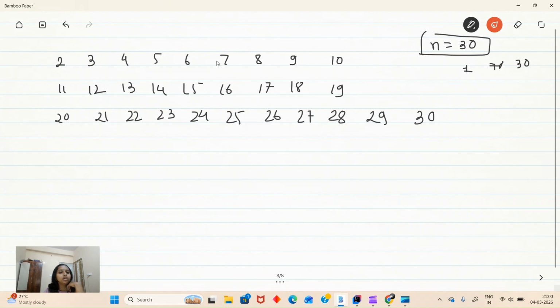I'll start from 2 and consider everything as true, and I'll mark its multiples as false, because if a number has any multiples, that means that number is not prime. Multiples of 2: 4 is marked false, 6 false, 8, 10, 12, 14, 16, 18, 20, 22, 24, 26, 28, and 30.